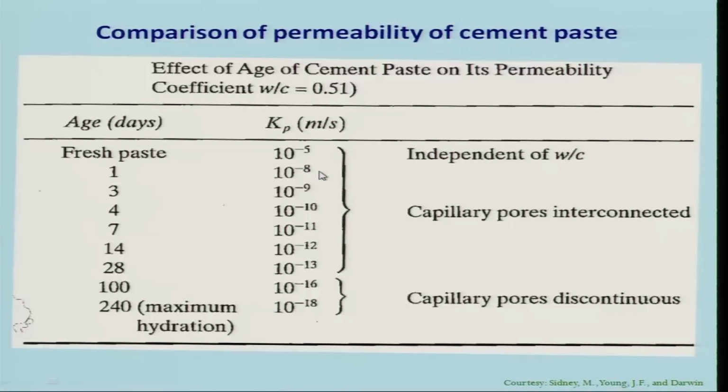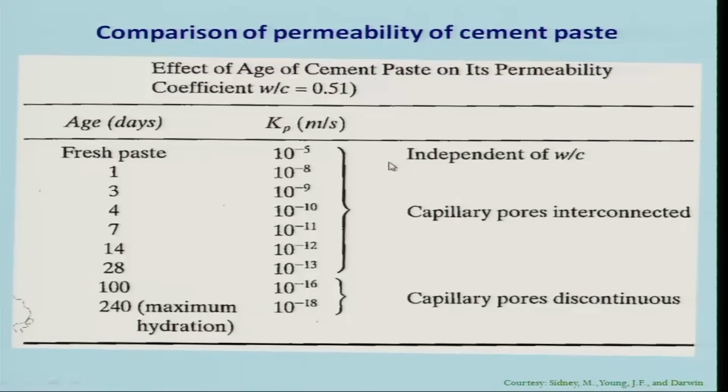So at those levels itself it is very difficult for external water to get into the Portland cement based paste systems, and more information is also provided. For example, for ages beyond, say, 28 days the permeability goes very low, 10^-13 to as low as 10^-18, and likewise